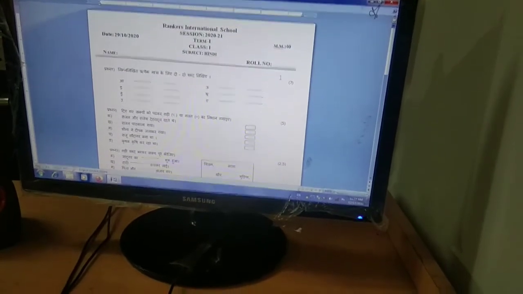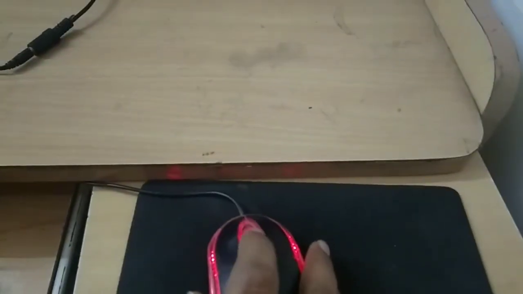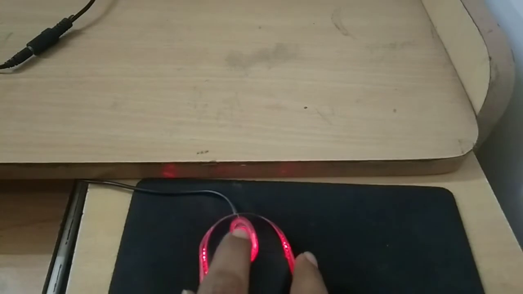Okay, so I will show you one more thing. Now I will show you how to use the scroll wheel. This is the scroll wheel, and this scroll wheel also will be operated by this index finger. ये scroll wheel है. ठीक है.